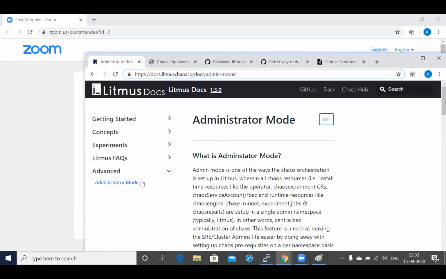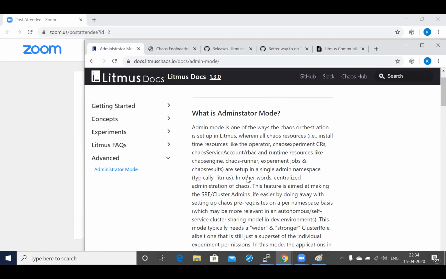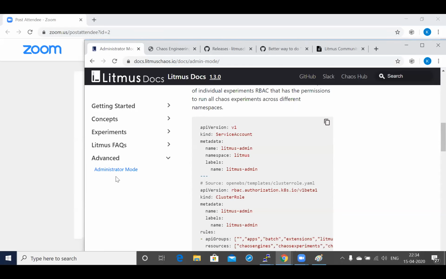Yeah, so if I've just shown the docs page, we have a section called Advanced, and the user workflows which probably need some additional configuration are being placed here at this point. We could have a separate section just to define scheduling as well. I'm recommending it to be placed here so that when the actual scheduling logic is built, we could probably dedicate a separate section for it. So I think right now this could be one possible place. I think we added the administrator mode functionality documentation here. We could just have another document for schedule.